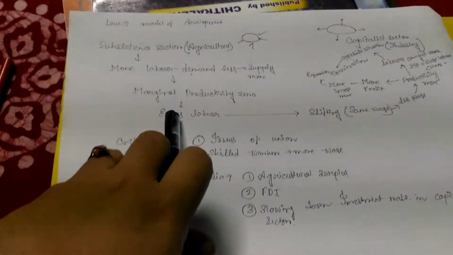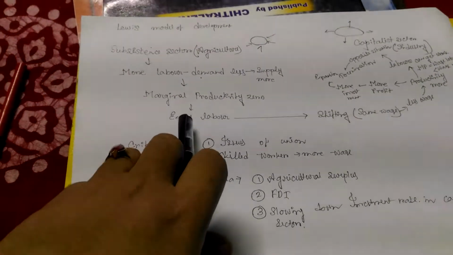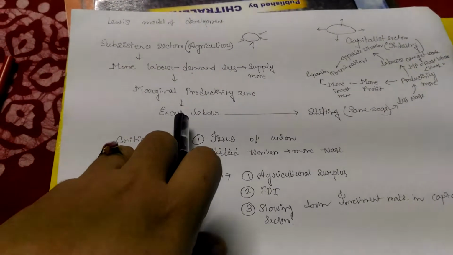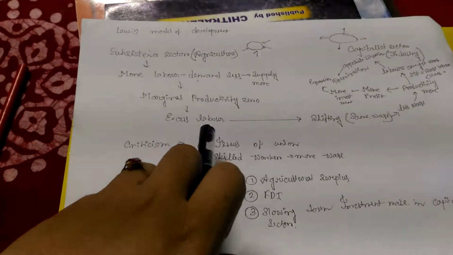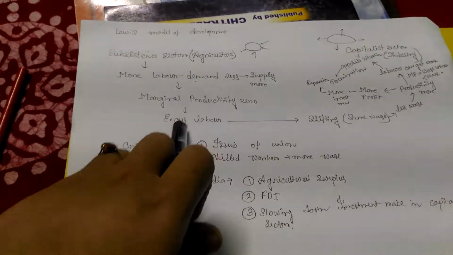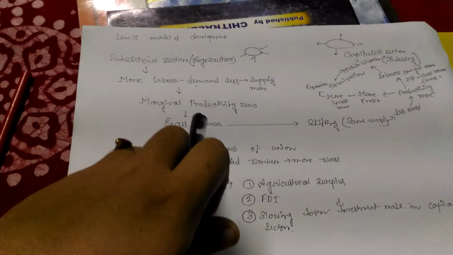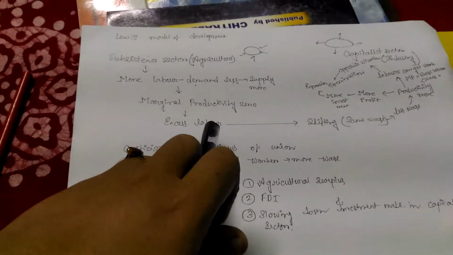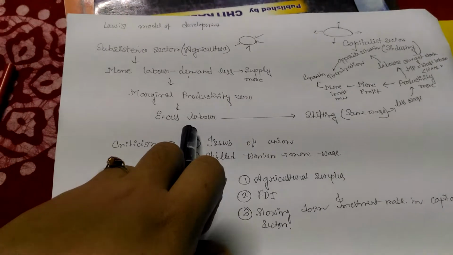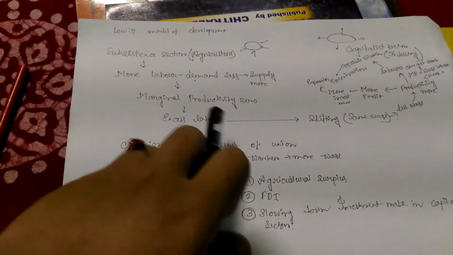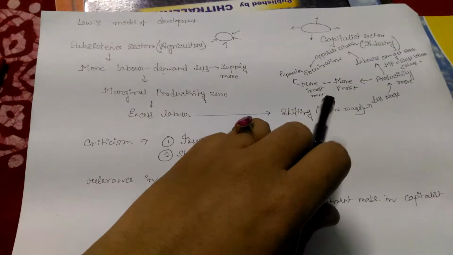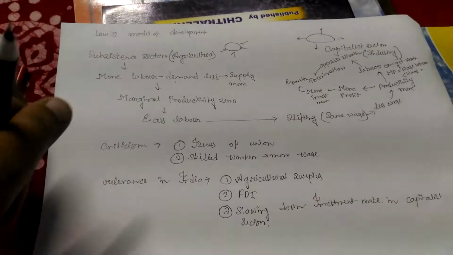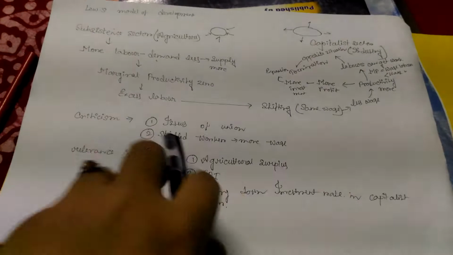Marginal productivity means if you increase the number of labor, the productivity will not increase. So marginal productivity is very negligible or zero. That's why we have the problem of excess labor. They can be terminated, or they don't get employment opportunities. And this excess labor, somehow they are not skilled, but the capitalist sector has a demand for labor. So what they have done is hire this excess labor.